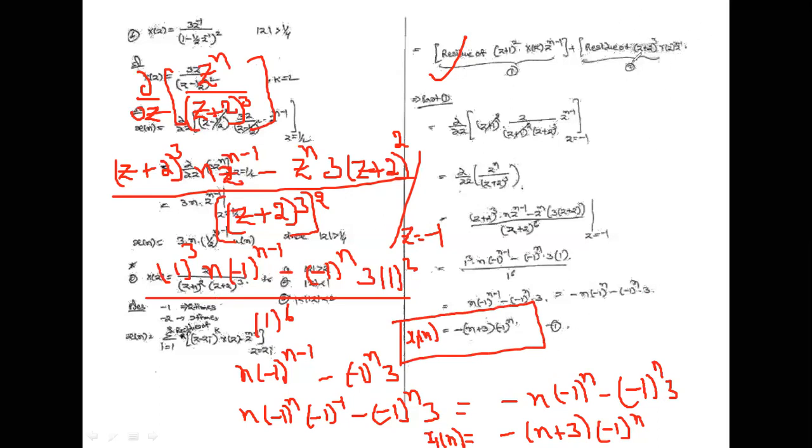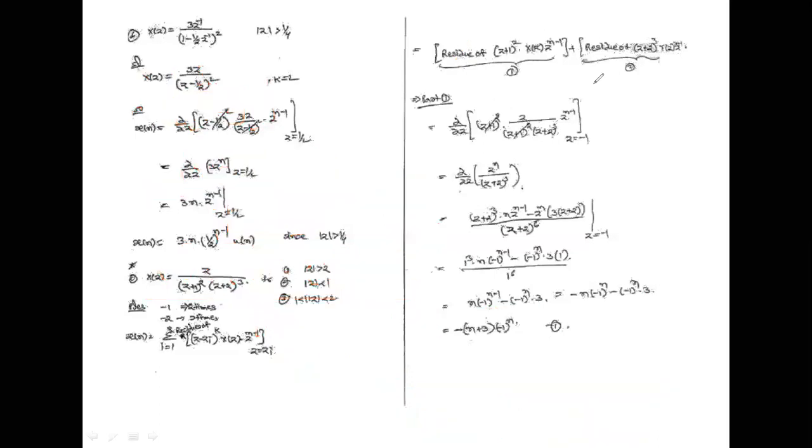Now I am taking the second part using the residue method. What is the second part here? z plus 2 whole cube. See, using this formula here, minus 2 will occur 3 times. 3 times means now I can take 1 by k minus 1. What is the k here? The 3. 3 minus 1 factorial